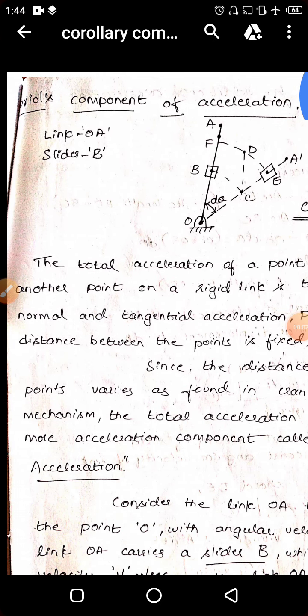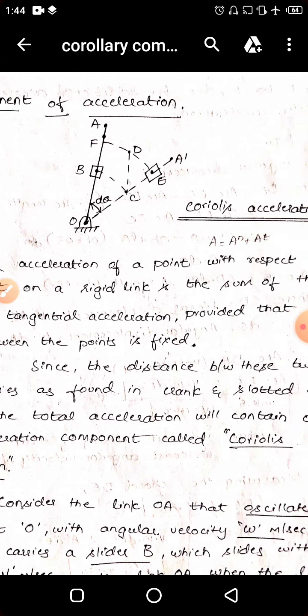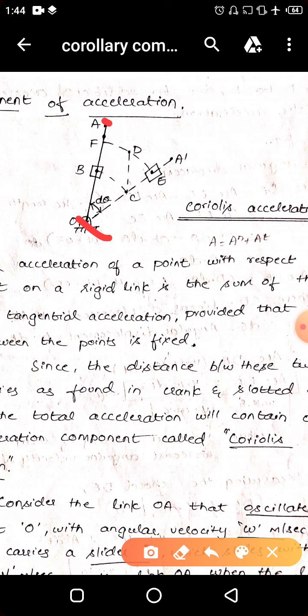In this video, we will be learning the third component of acceleration, that is the corollary component. From this diagram, we are seeing the link OA here. This is O and this is A. Now, if this link is having a